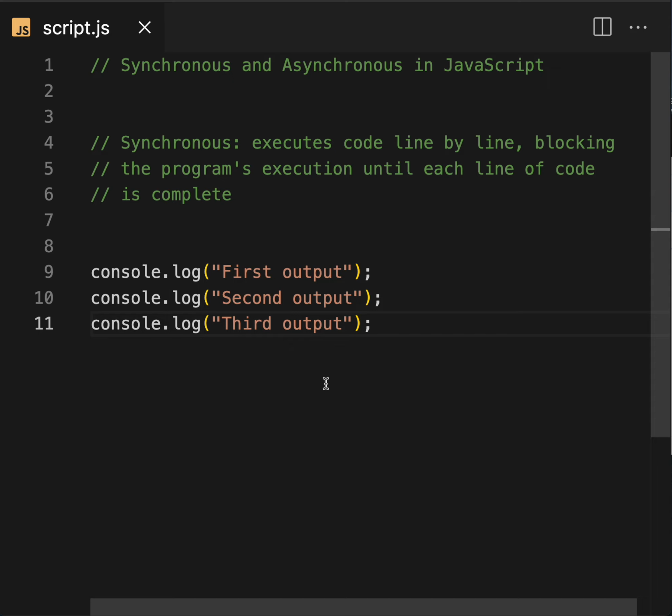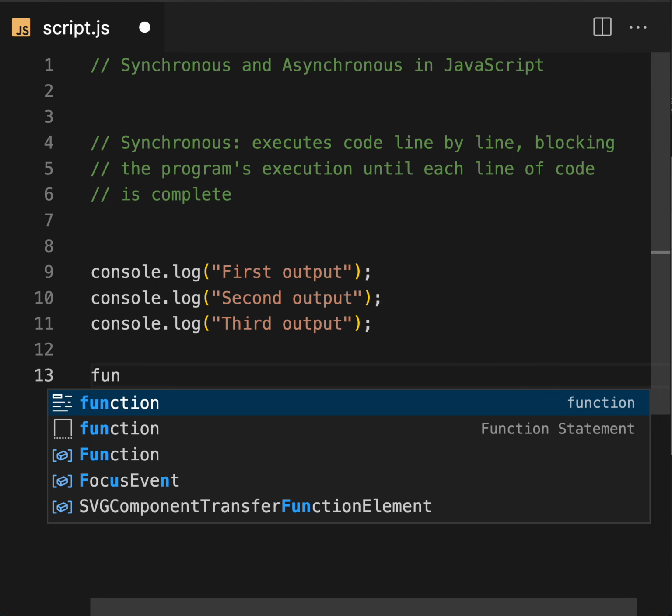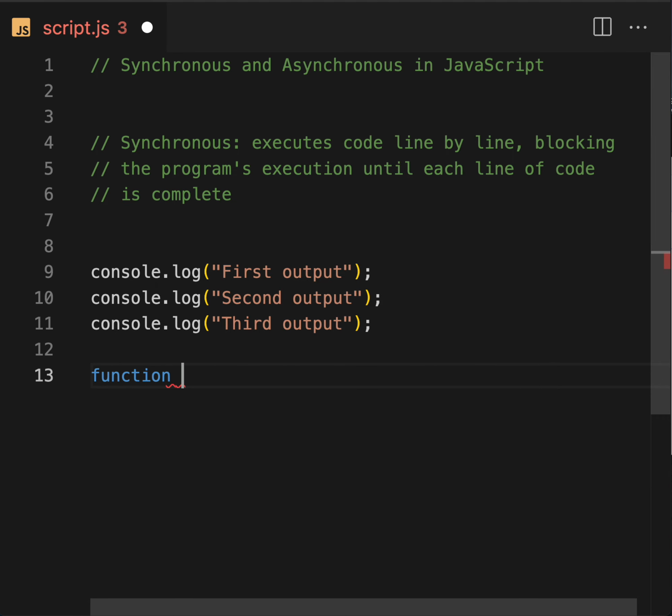So let's write a more difficult example. I'm going to write a function, synchronous task, which is going to log something. Console.log means the program is going to start here. Now let's do some operation to try to block.